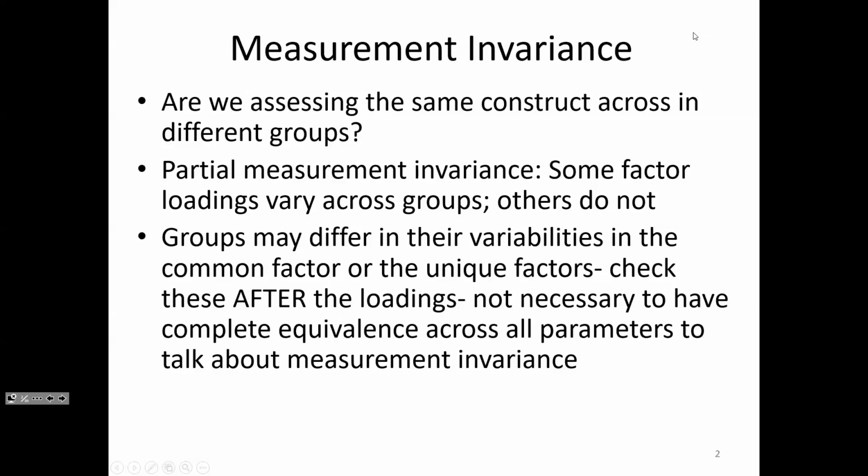There are a lot of people who would say, as long as you can get to partial measurement invariance and you allow those items that differ to vary across the two groups, then you can move forward and look at the structural model. Having said that, you're going to report what you did. You're going to report that it's partially invariant, and which items or subscales are non-invariant. Then you let the reader make an inference for themselves whether they think that's okay or not, right? And when you get past a certain point, it's just too many.